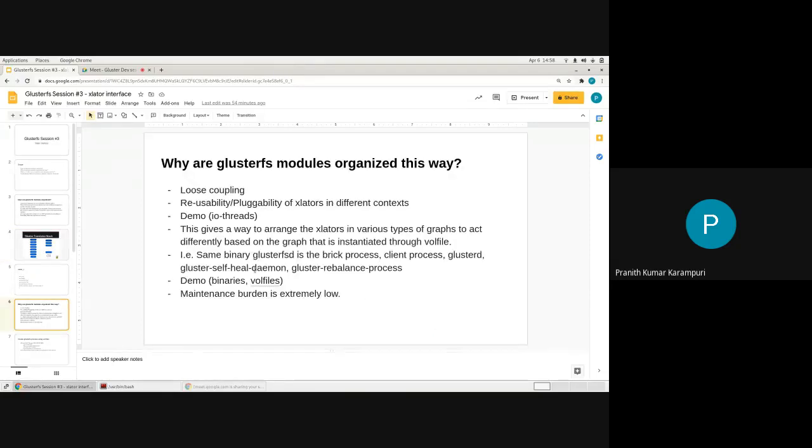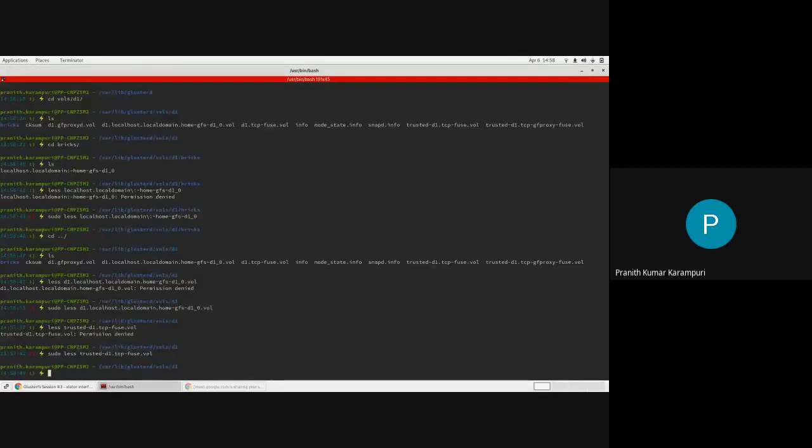We will see that all of the binaries present in Gluster are the same binary, but it will act differently based on the volume files. So this is my laptop.